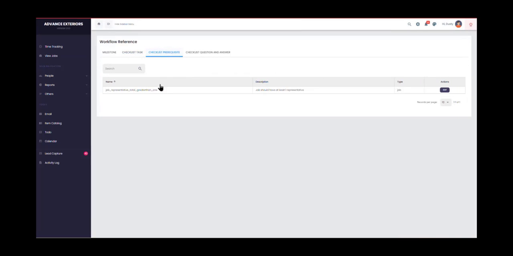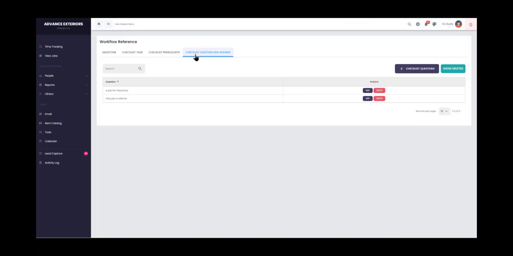The Prerequisites tab is a list of system-coded functions where the system will automatically mark a checklist item as completed when a variable has been met. Right now, the only time this will happen is when a job rep has been assigned. You can also set up checklist question and answers if you want to add a question and answer within a